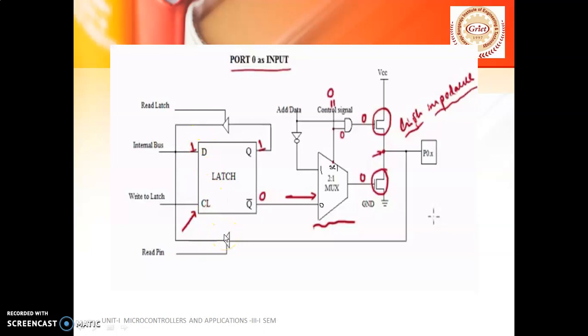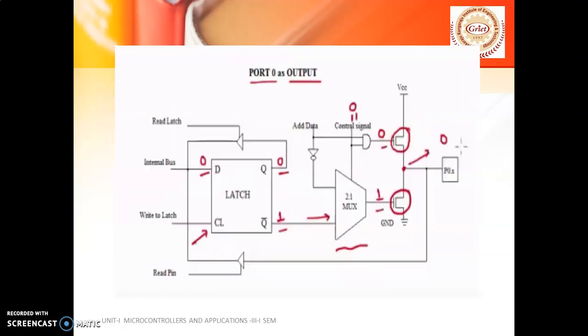The processor then reads the data from those data lines. Let us talk about the port 0 pin acting as an output pin. Whenever port 0 is used as an output pin and wants to write 0 onto it, first it has to place the data onto the latch. Suppose the data is 0, then when we enable this latch with the help of the CL pin, the same data is visible as an output.